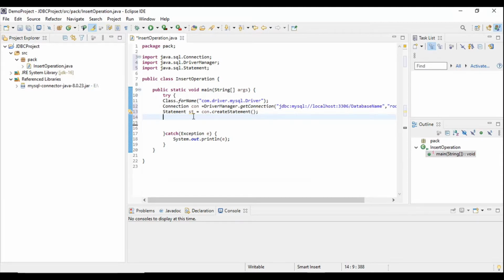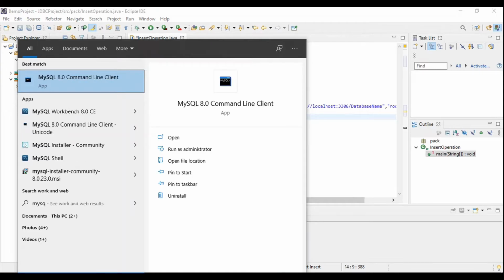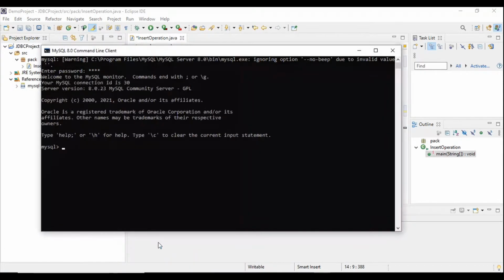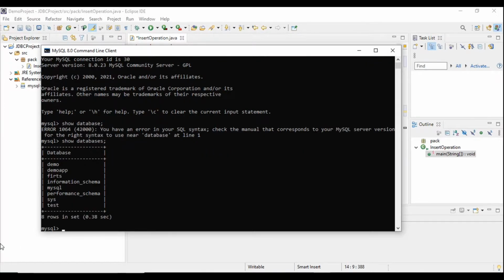So let me show which database we are using. This is the database which we are using.